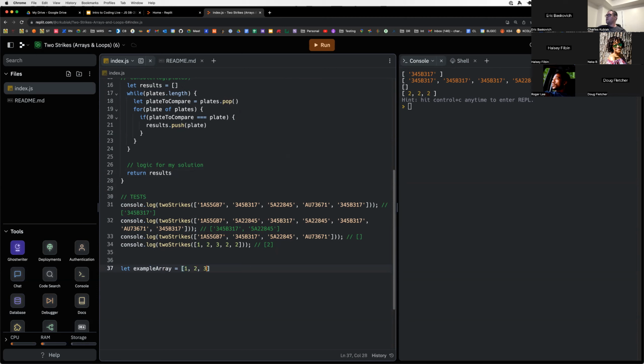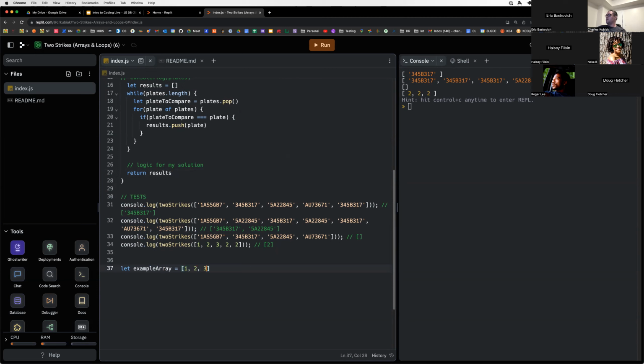And if I console.log example array dot index of, and let's say I put the number 3 in here, right? I get 2, 0, 1, 2, so that is correct. But if I do 5,